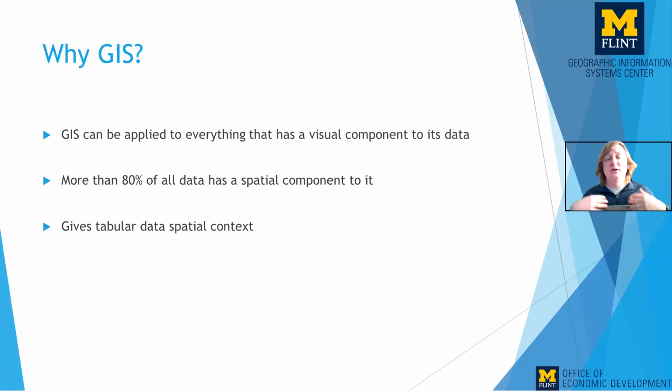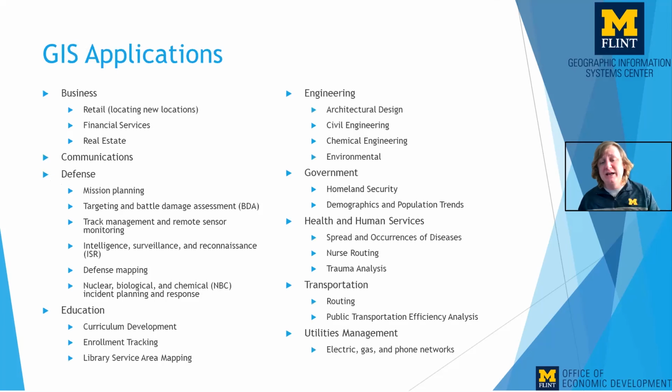So why GIS? GIS can be applied to everything, I like to say. More than 80% of all data has some sort of spatial component to it. And that's very, very important in how GIS can be another tool in your tool belt to then go forward within whatever career you might be in. And there's a variety of different applications, from business and understanding retail, locating new locations, to the spread and occurrence of diseases like in the COVID-19 pandemic,